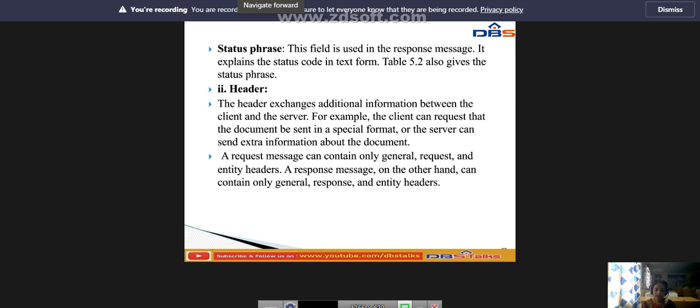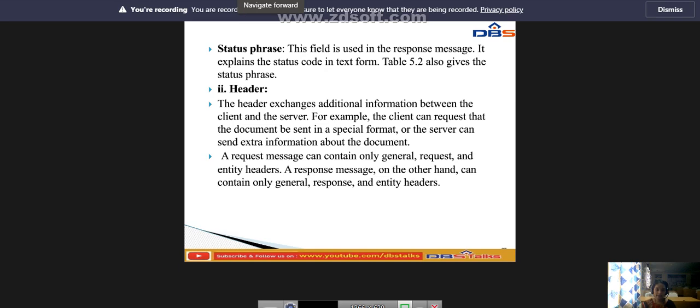Okay, the header can consist of one or more header lines. Each header line has a header name, a colon, a space and a header value. So a header line belongs to one of four categories: general header, request header, response header and entity header.